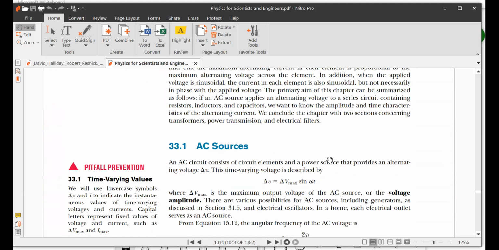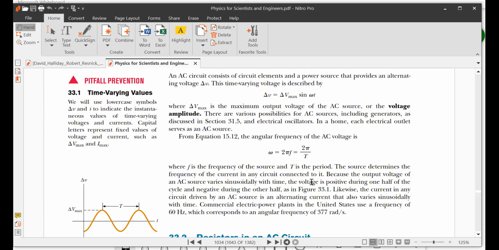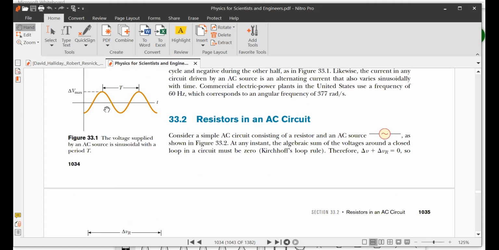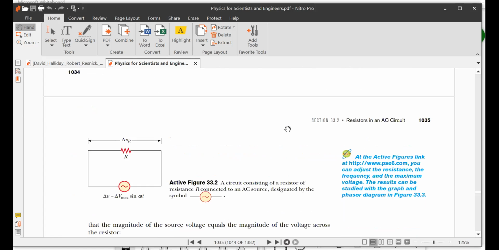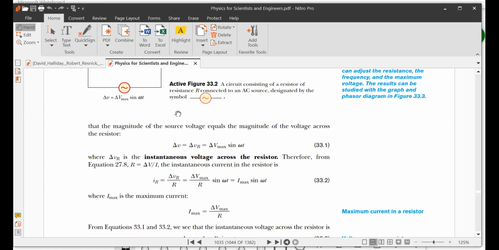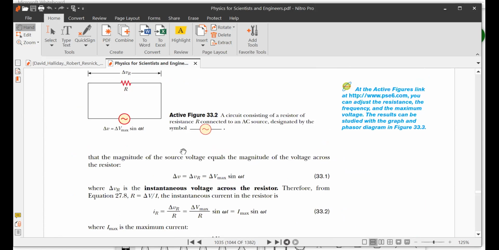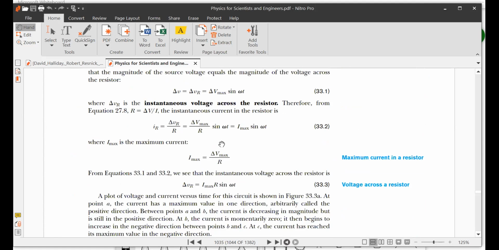Nah, delta V ini di sini secara umum sederhananya kita ambil bentuknya sinus omega t. Dan omega ini di sini konstan. Oke, dan omega itu disebut namanya frekuensi sudut, 2πf sama dengan 2π per T. Ini gambarnya ya. Kemudian tadi juga kita bahas tentang resistor gitu ya. Resistor itu seperti ini ya. Ini sumber tegangan AC-nya. Didapatkan bahwa ternyata yang mengalir pada resistor itu sebenarnya Imax kali sin omega t, artinya dia